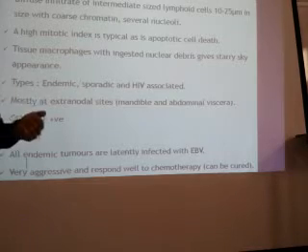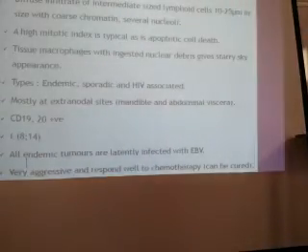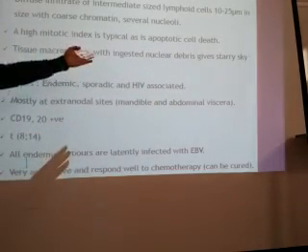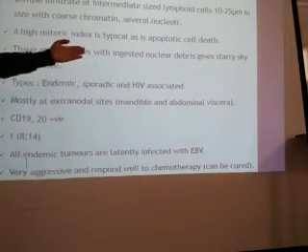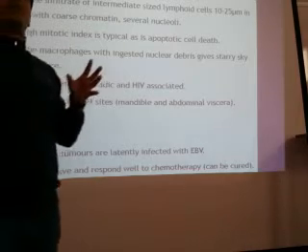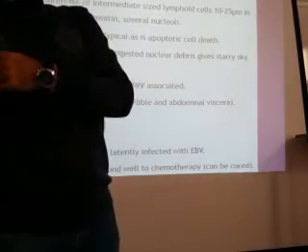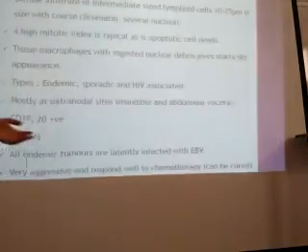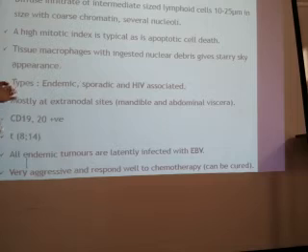And when the cells are dying, tissue macrophages will be there because they have to clear the debris of the dead cells. So you will find many tissue macrophages which have ingested the nuclear debris of the dying cells. So it gives a starry sky appearance. If you see the lymph node, you see as if the stars are in the sky. The person is dying, but you are enjoying. Huh? Starry sky appearance.